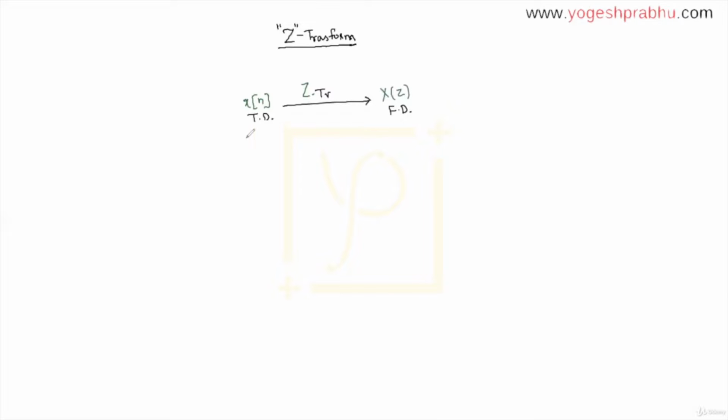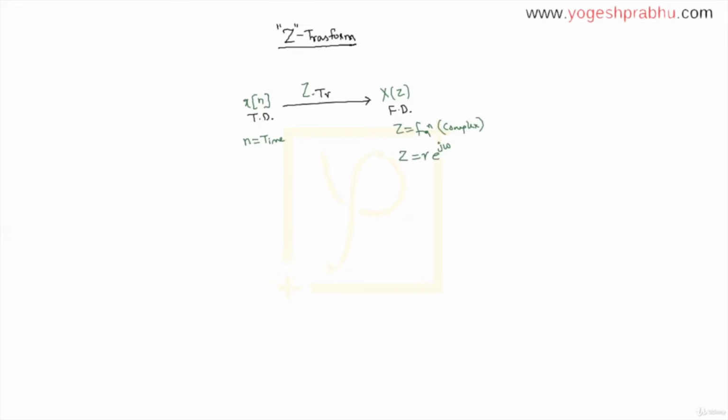So it's quite evident from here that if it is time domain, the n over here is going to be time. And in frequency domain, the z is a frequency. To be precise, this is a complex frequency and it is written in the polar form. So you can also write down z is r e raised to j omega. That's the standard notation of writing z. So basically x of n will become x of z.